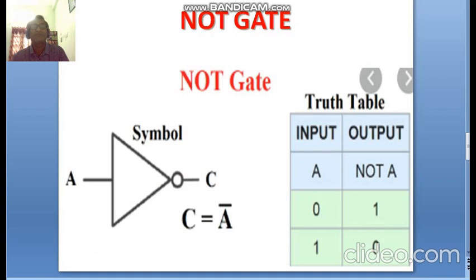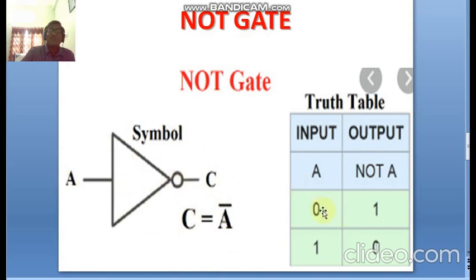Similarly, NOT gates. As already discussed, NOT is nothing but an inverter. So here, this is the symbolic representation of the NOT electronic circuit. This is the input. Here, this bubble or circle is known as the inverter. When the input enters the inverter, it converts to the other state. If it is initially 0, it is converted into 1. On state, off state, on state, like that. This is the symbolic representation.